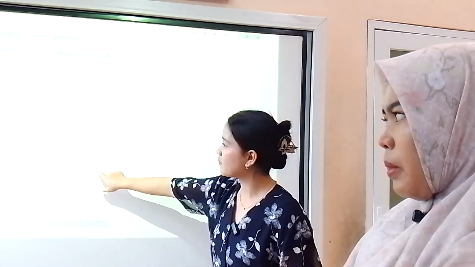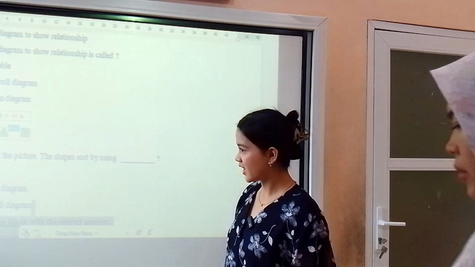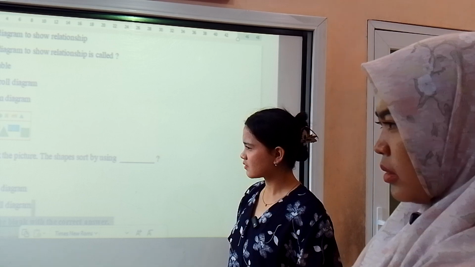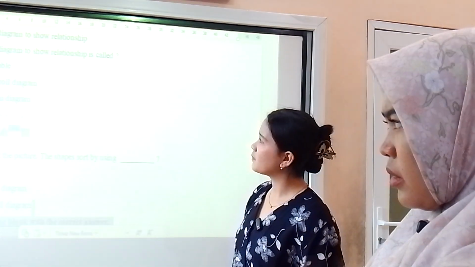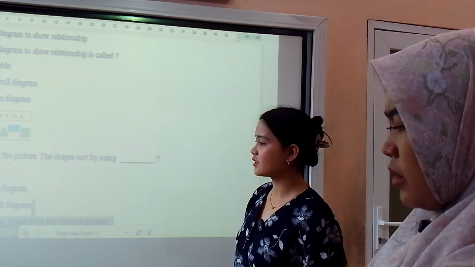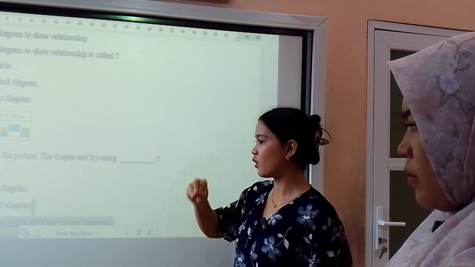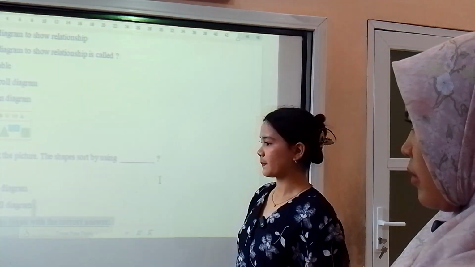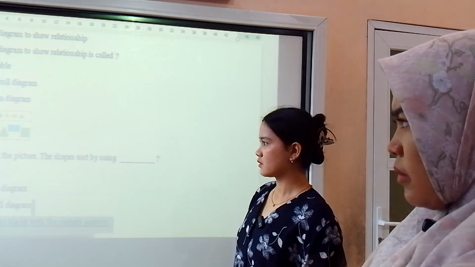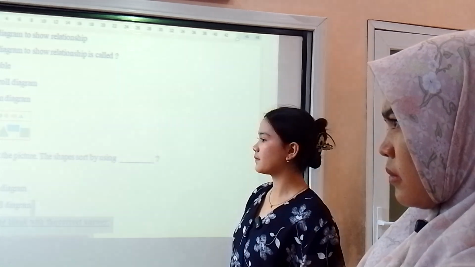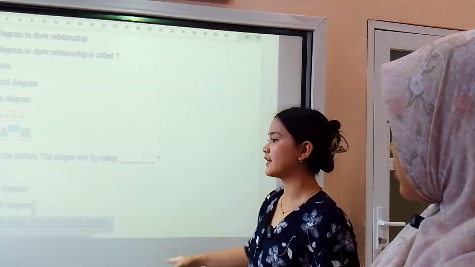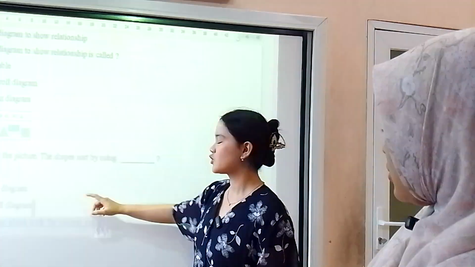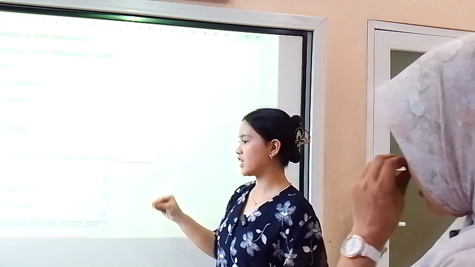So do we call that Venn or Carroll? You explain this now about the relationship, right? So we call that Venn. How about Carroll? Carroll is about categories: categorizing data in rows or columns, in a table. A Venn diagram is also in a table, but a Venn diagram displays relationships.